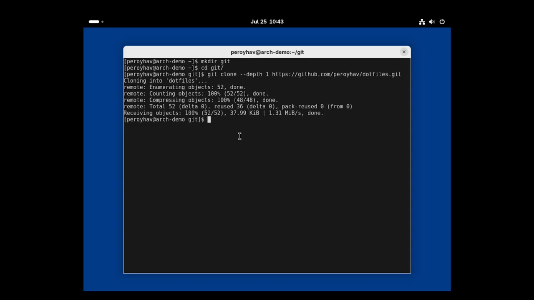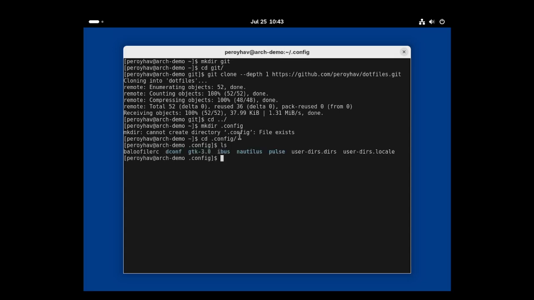Next, I'll go to and create the config directory if it didn't exist already. I'll move to config directory